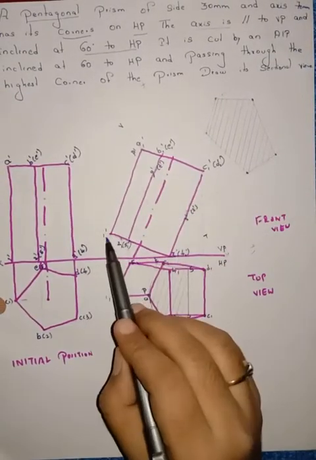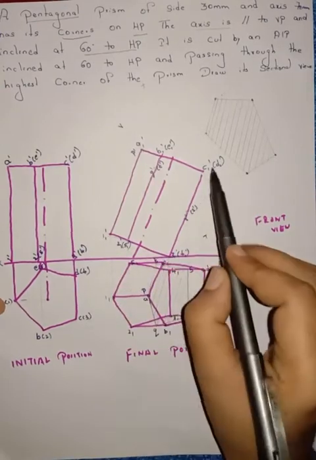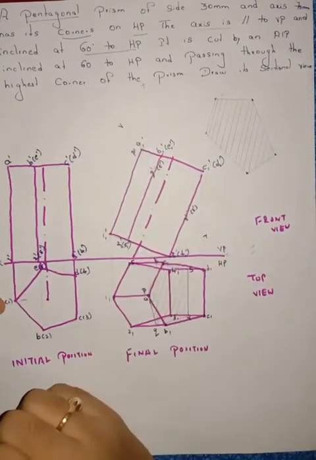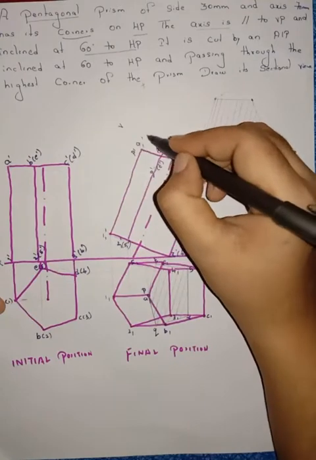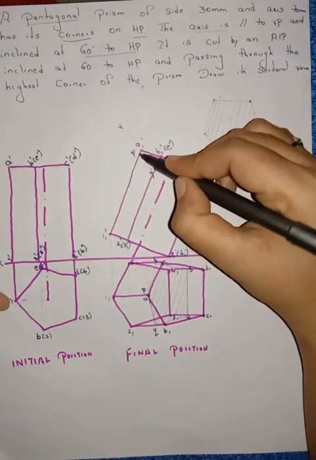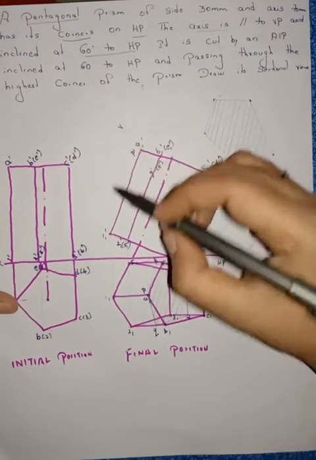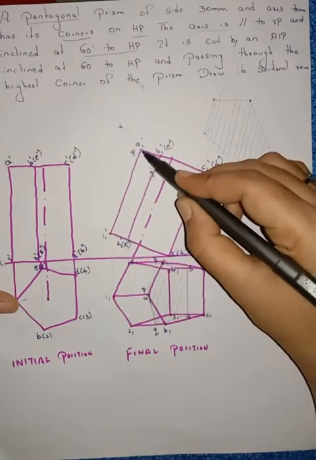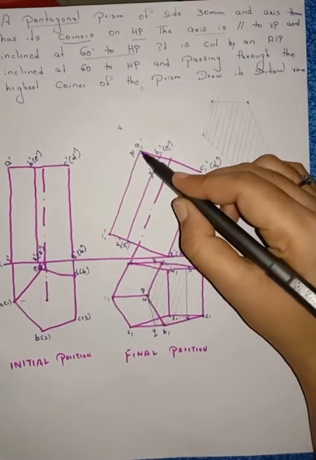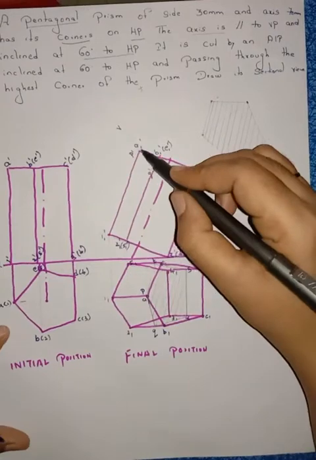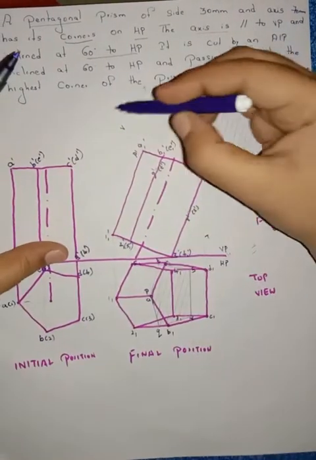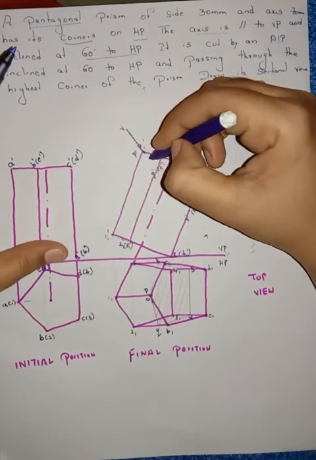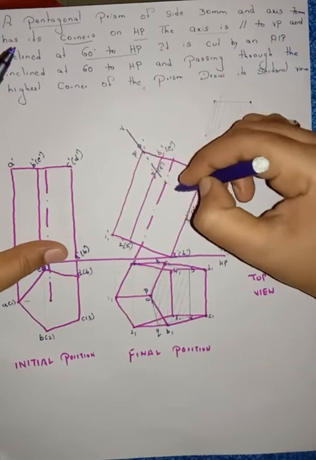This is the prism, these are the corners 1, 3, C, A. This is the highest corner here, A is the highest corner. So how to construct the angle? Keep your protractor on this line, from this point. Take the angle 60 degrees, large dash, small dash, large dash, small dash.